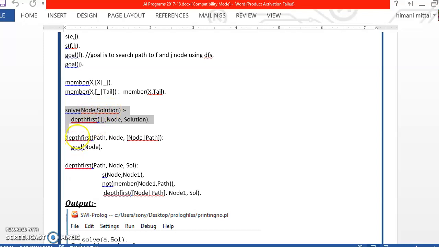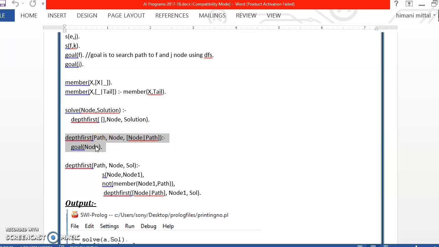Then the first definition of depth first search says that you have a certain path, it may be an empty list as well. You have a starting node, and if the node is the goal node, then return that node as a part of the path as the solution, because we have reached the goal node.